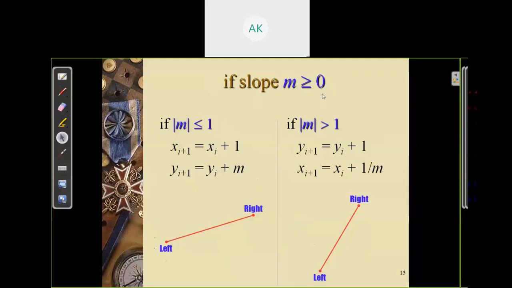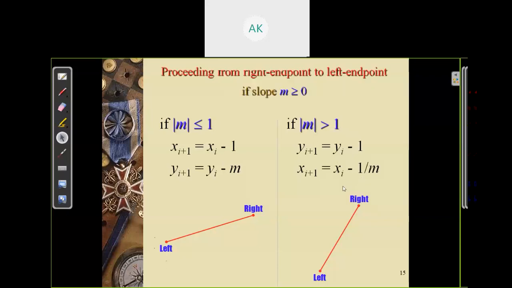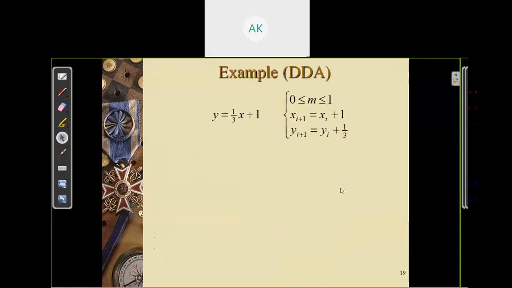If slope is greater than 0, it is a positive slope. You can apply this formula for both positive and negative slope because you are calculating the absolute value of m. When m is less than 1, you are moving x in unit interval and y in deviation of m, which is the slope. And if m is greater than 1, you are moving y with unit interval and x with deviation of 1 by m. In the same way,